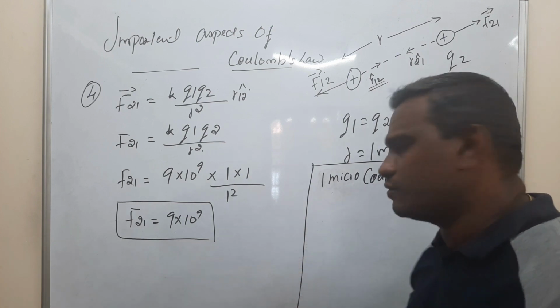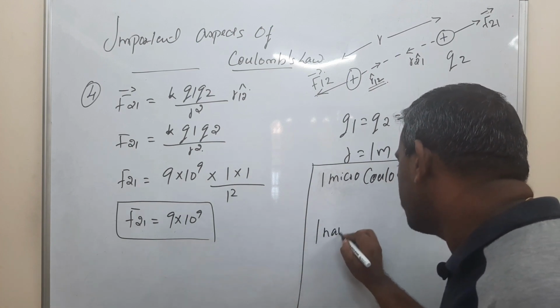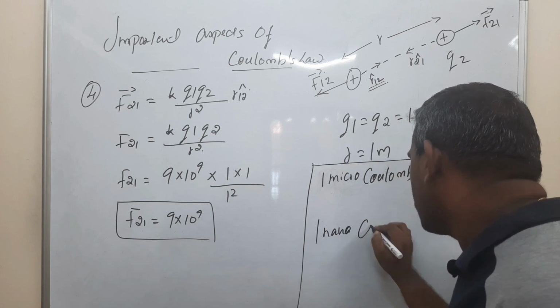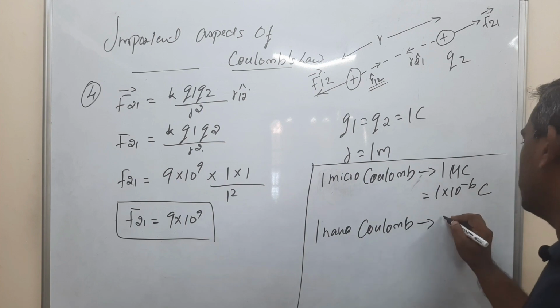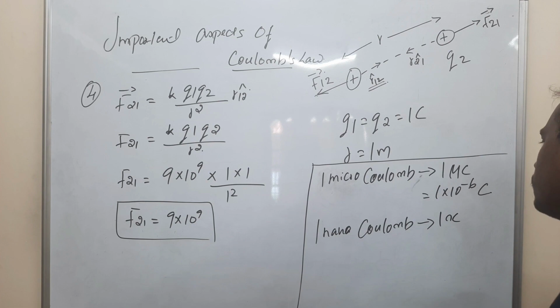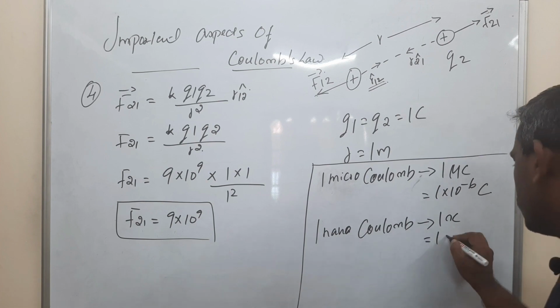Otherwise we use nano coulomb, 1 nano coulomb, we will write that as 1 nc, and that is equal to 1 into